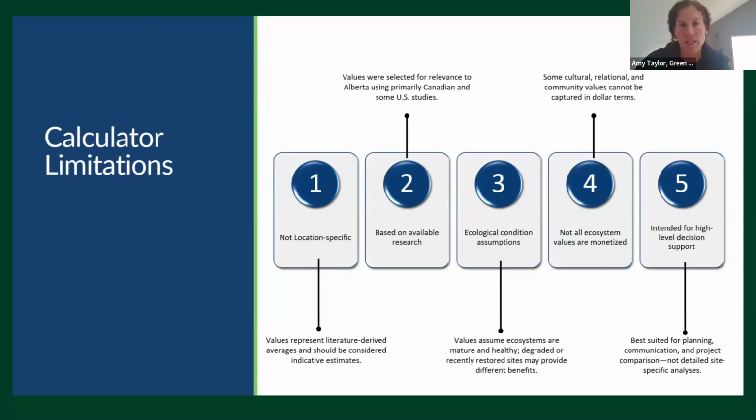But of course, for some land cover and ecosystem service combinations, we will have more or less values to draw on. So there is a margin of error there. Over time, as the studies for Alberta become more robust, we can strengthen that and have it be more Alberta specific. The ecological condition assumptions embedded in the calculator are essentially that the ecosystems we are talking about are healthy. So if your project was recently restored and has not come to maturity, the estimates that you'll be deriving through the calculator represent what that project will look like once it has established and matured,